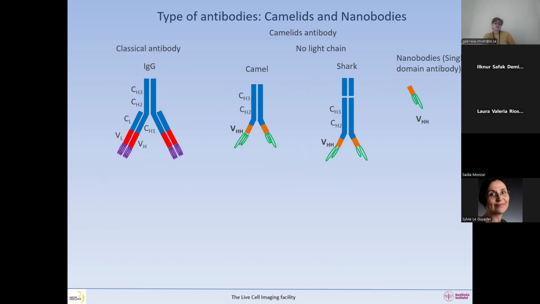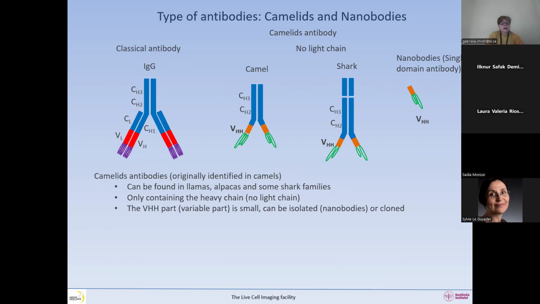Another type of antibodies are known as camelids or nanobodies, which in comparison with the classical antibodies, lack the light chain. They were originally identified in camels, but later on they were found also in llamas, alpacas, and in some shark families. The variable part of the antibody is quite small and has very special finger-like protrusions. And this little variable part can be isolated, and they are called nanobodies, and they can